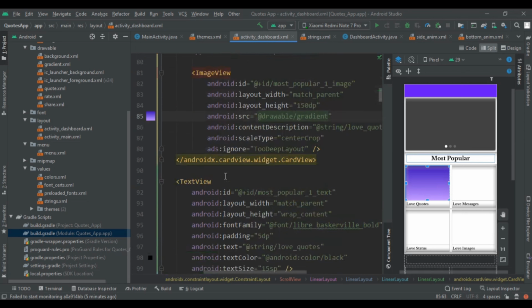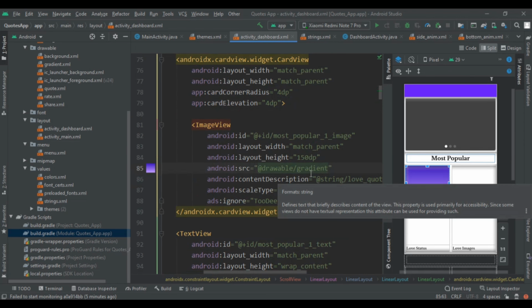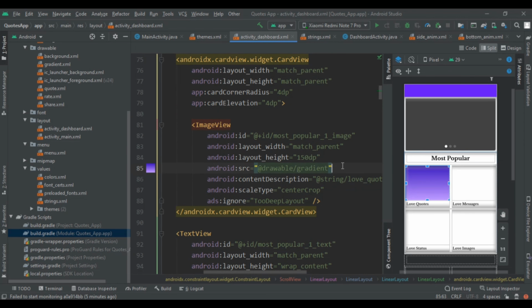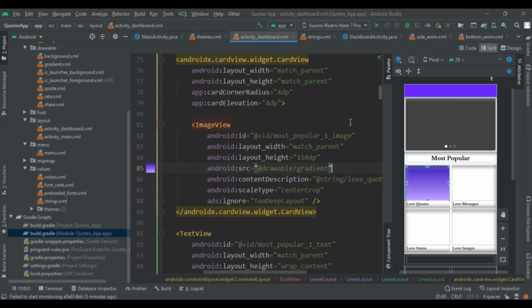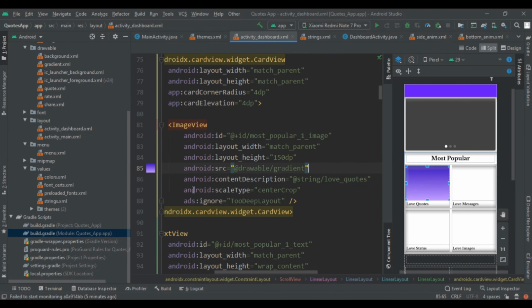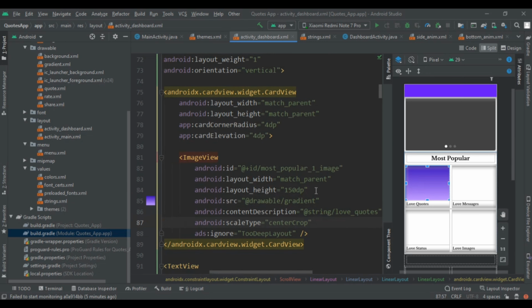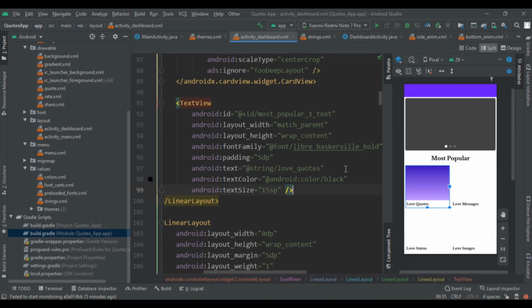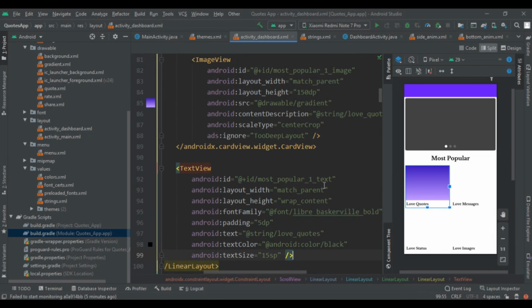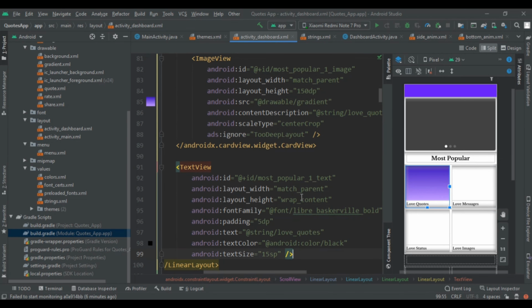So in this way we implemented this gradient, but we will not keep this gradient as an image view, we will change it dynamically, and set the scale type to center crop. After that add the text view. The first text is love quotes. As we are creating a quotes app, I used the random text from my previous app.